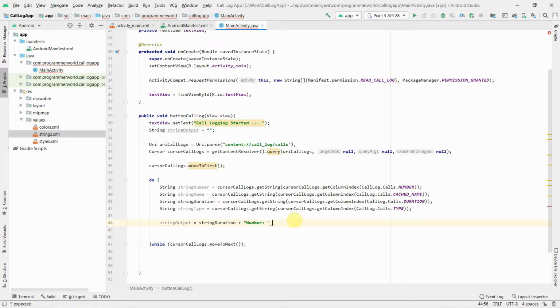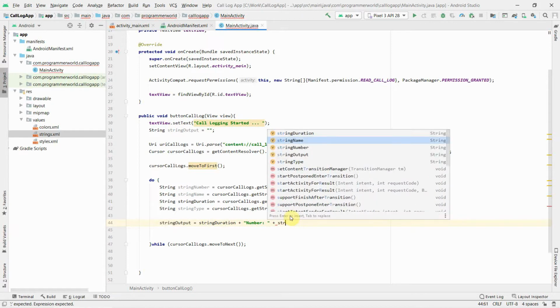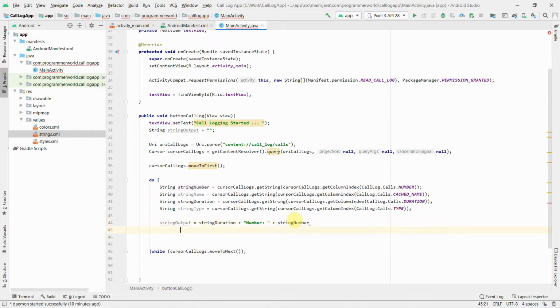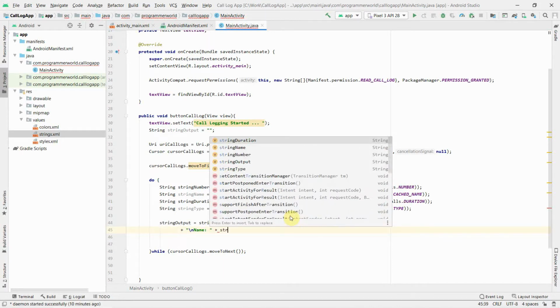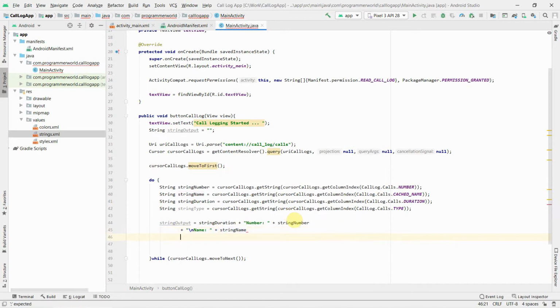So this will be nothing but plus string number, perfect, then plus, probably I should do a new line not to mix up, and then the second argument will be name, and plus this will be string name here. Okay, and then plus probably again new line, and this time it will be duration.